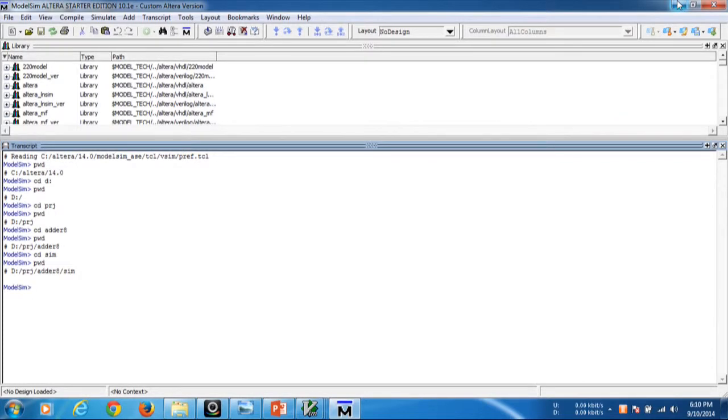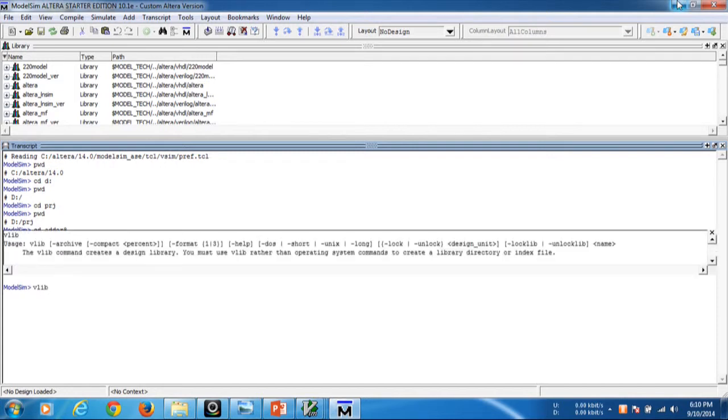Now the work is, we have to create a work directory in this simulation folder. For creating the work library, you have to use the command vlib, and the vlib command creates a design library. You must use vlib rather than the operating system command to create a library directory or index files.